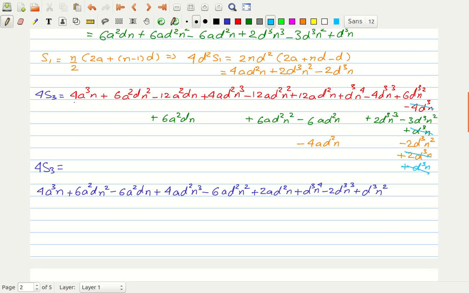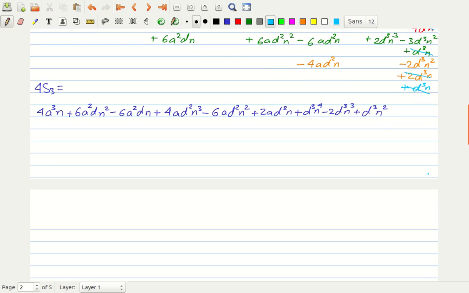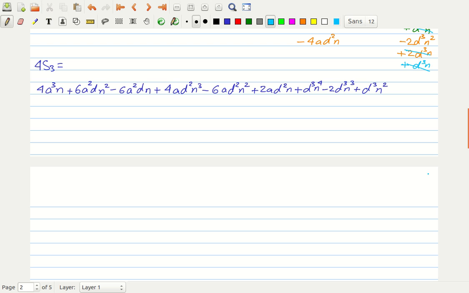So this is the final expression that you will get for 4s3, right? This is the final expression that you get for 4s3. Now I can take n as the common factor out. So if I take n as the common factor out, I get 4a cube, right? This is 4a cube plus 6a square dn